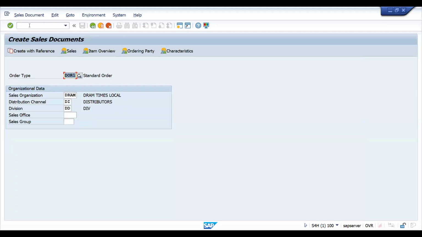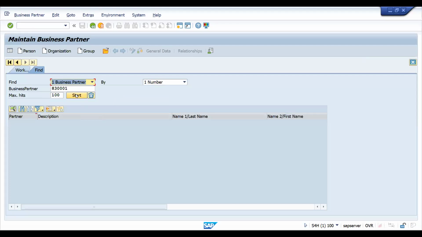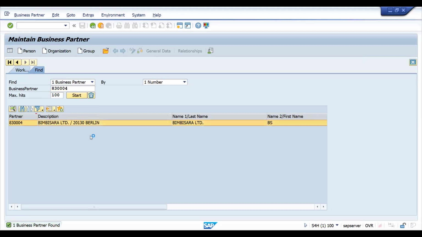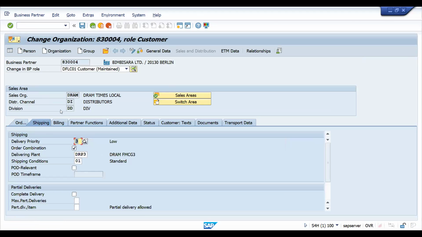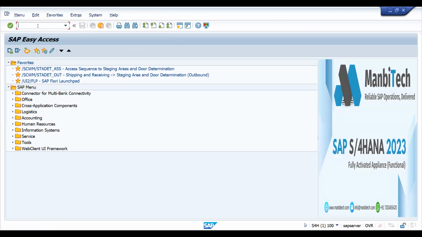sales order first. Let me check the BPs, whether priority is allocated or not. One is 4, okay, for this customer. So let's go to the shipping. The priority low is allocated. Yeah, I think I have done the allocation. So now let's try to